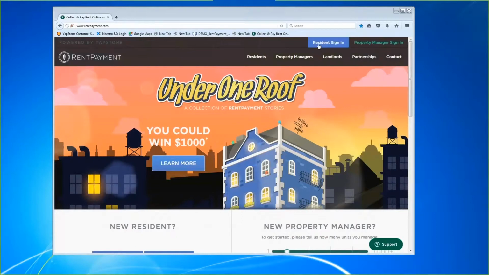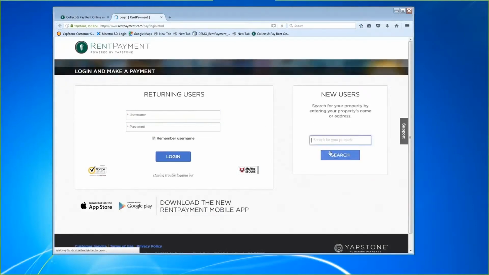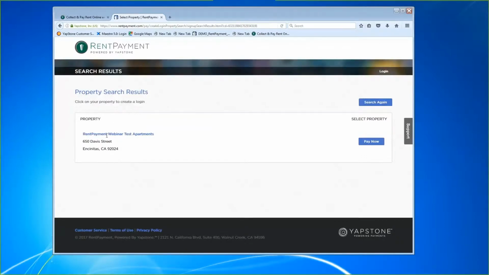We can go to Resident Sign In, and being a new user, we can search for our property. We're going to go to Set Up Account and take a look. We can see our property right here, and when we click Pay Now, it gives us the ability to create